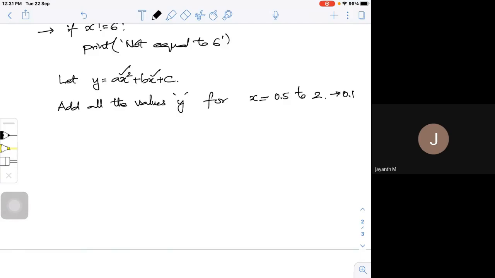Then for all the things, if x is less than 2. First I'm going to define x is equal to 0.1. See, what I'm going to do actually, if I try to write a program, I will write for x is equal to 0.5. If x is less than 2, yes, condition is satisfied, then I'll put y is equal to, I'm going to define the value of a, all those things. A is defined, a is equal to some 0.5, b is equal to some 0.6 and all is defined. I'll try to calculate ax square plus bx plus c. This I'm going to calculate.